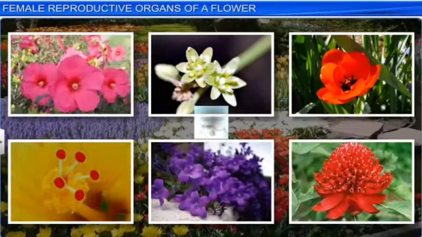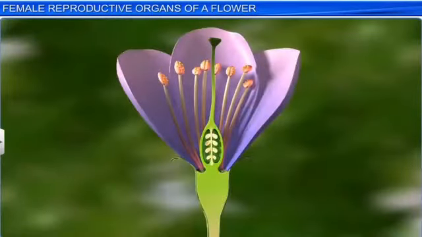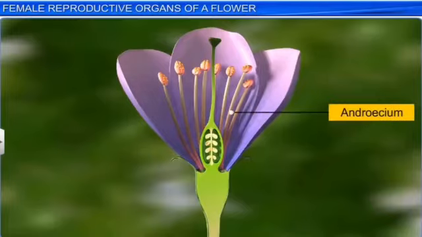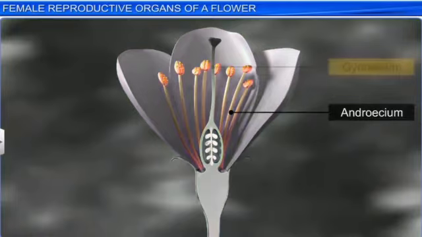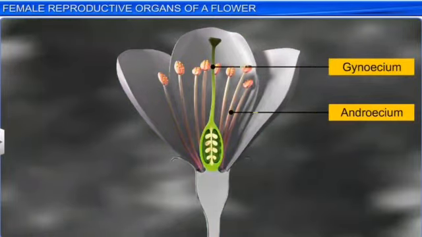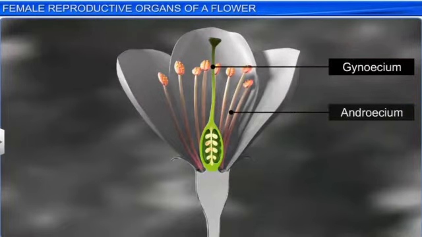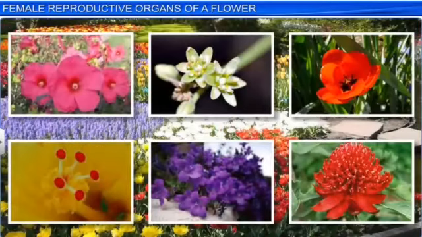There are variations which are found inside the structure. It basically consists of the pistil, the megasporangium, that is the ovule, and the embryo sac. The male part is said to be the androecium, and the female part is said to be the gynoecium, which is the female reproductive part of a flower, and it consists of variations in case of the pistil. Let us see into the crux of it.